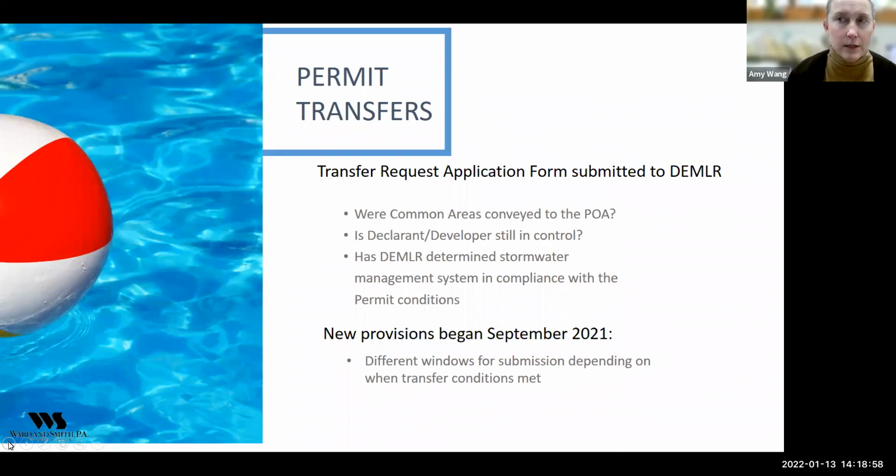There are lots of different types of stormwater control measures now also that have different design criteria, such as level spreaders, constructed wetlands, and they're going to take a look at all of those and need to confirm that what is in place is what was approved by the permit and that it's operating the way it's supposed to. And only at that point can the agency transfer the permit to the association.